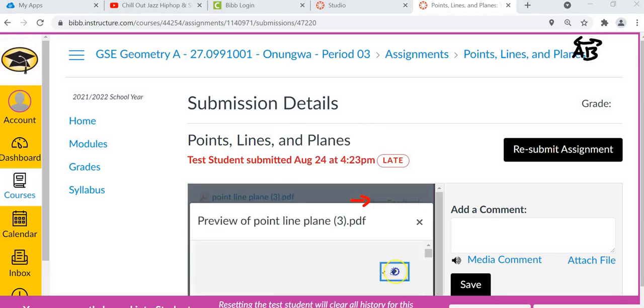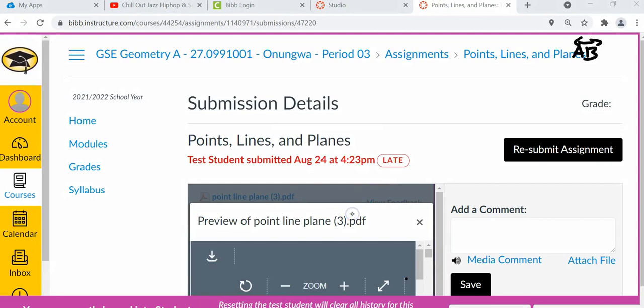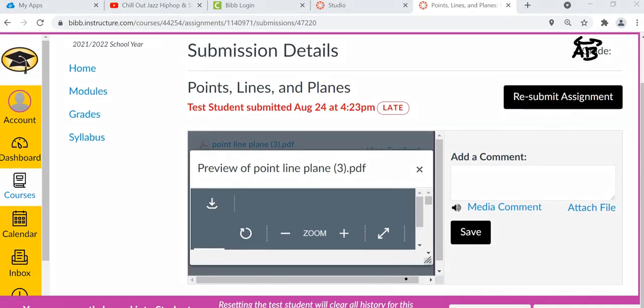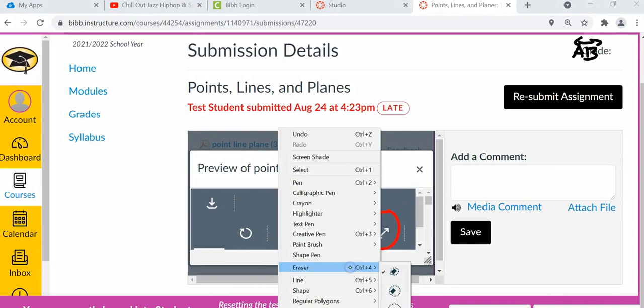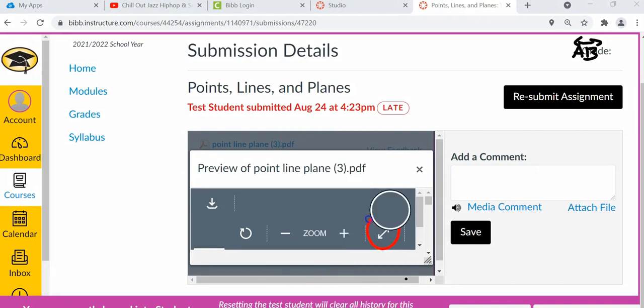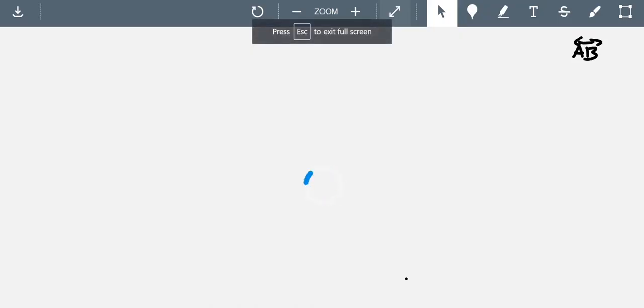Once you click on view feedback, wait for your feedback to load. Then you're going to click this arrow to expand your feedback. Once you have done that, just wait for it to load. Once it loads,